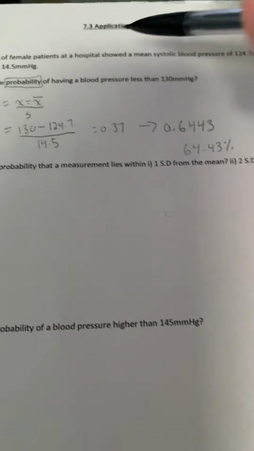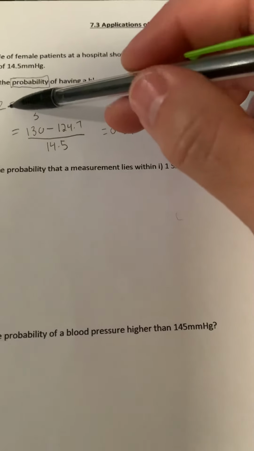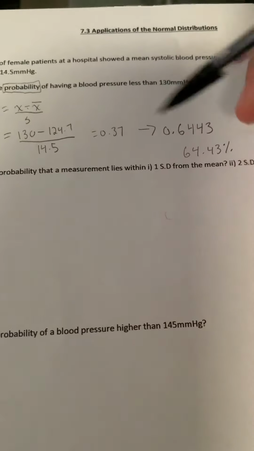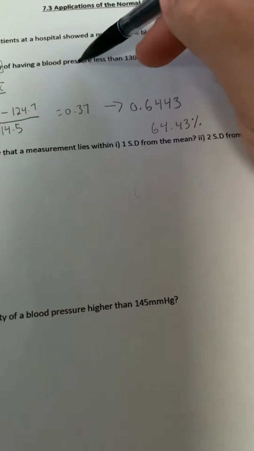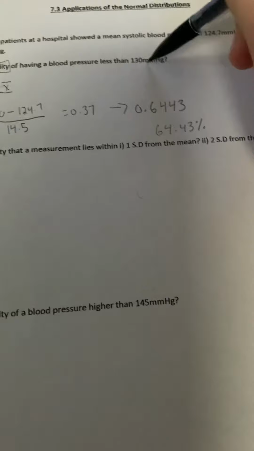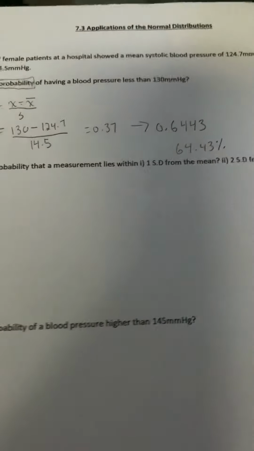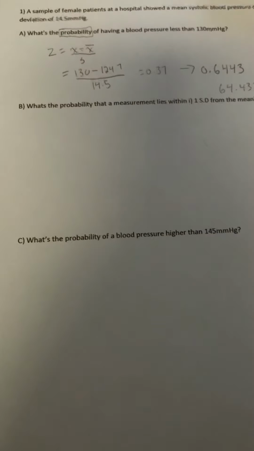Okay, and then just a reminder that the z-score, when you do this, tells you the probability of that value and less than. So it's 130 and less. So that percentage was 130 and less. Okay, B, what is the